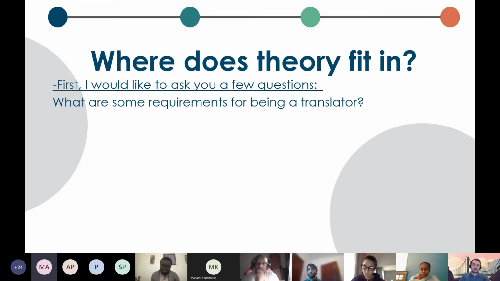Anything else? To be honest also. Yes, that's a very good one. Of course, a translator has to be honest. They have to faithfully reflect what is in the source text, with considerations, of course. But that is a very important part of being a translator, is fidelity and loyalty to the author of the source text.